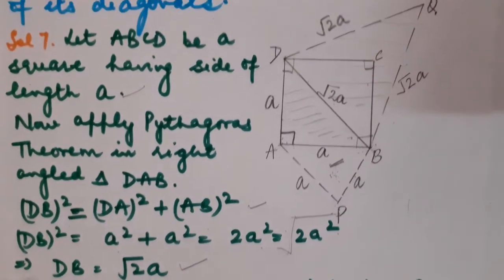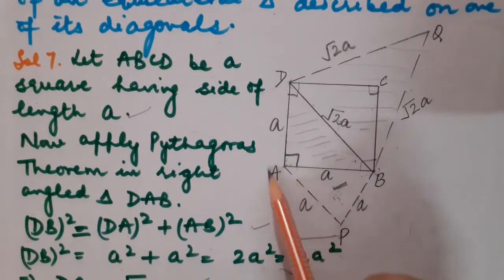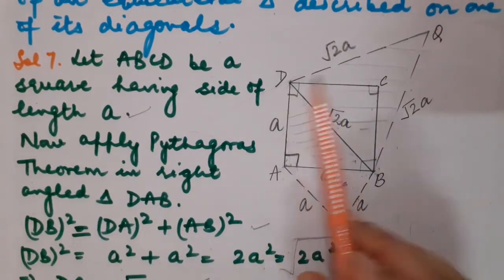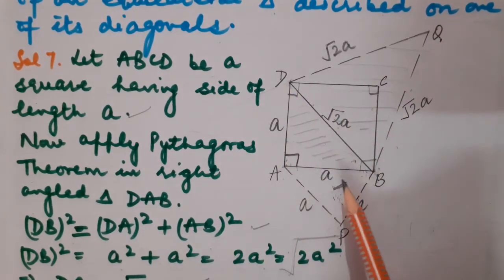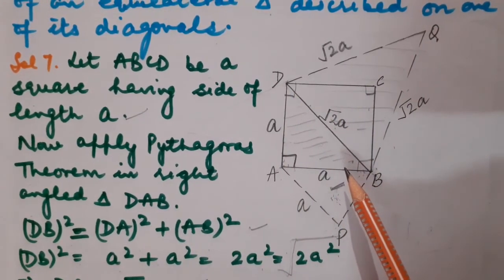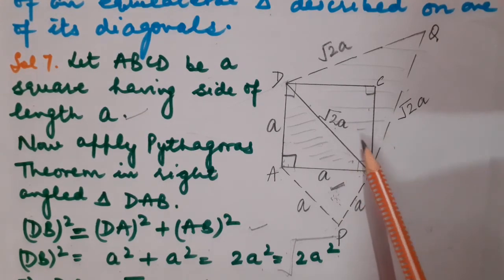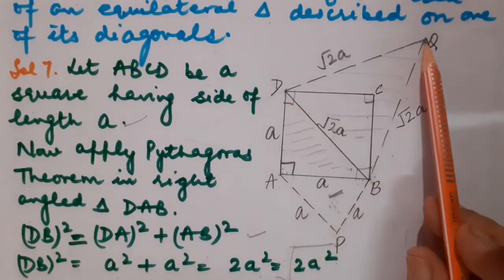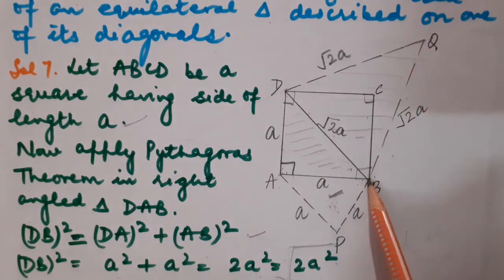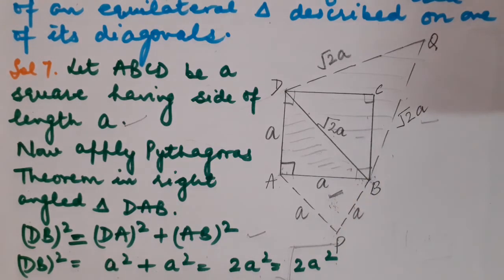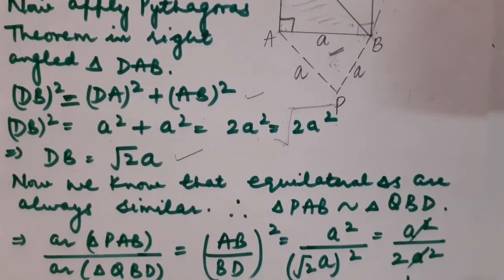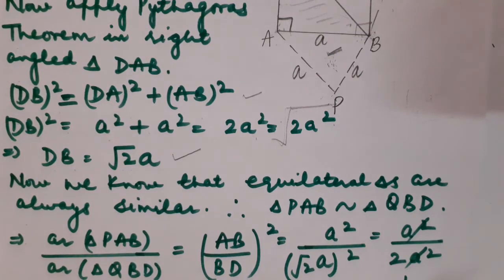So this is the length of the diagonal of a square as well as the side of the equilateral triangle, that is DQB. As you know that in an equilateral triangle all the sides are equal. So here also I can write root 2 a for DQ length, as well as for QB length also I can write root 2 a. Understood children? Okay. Children, as I have to apply the theorem 6.6.